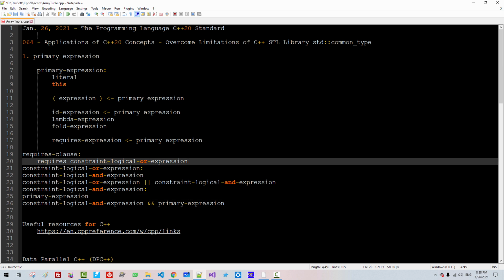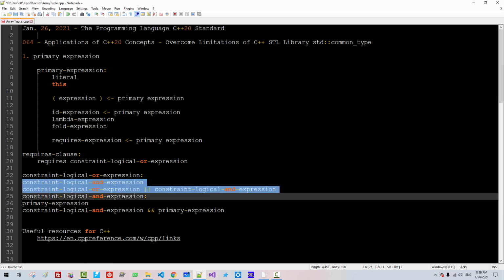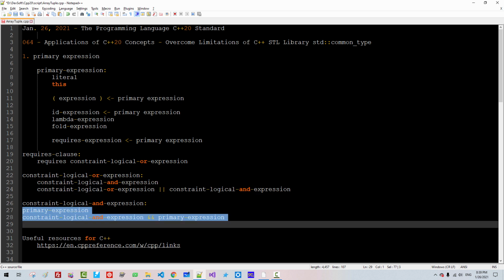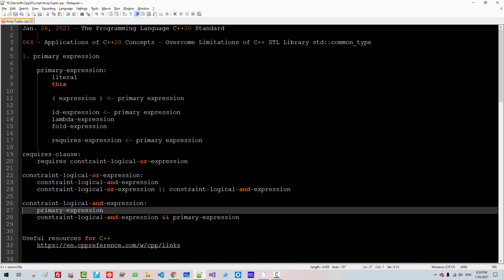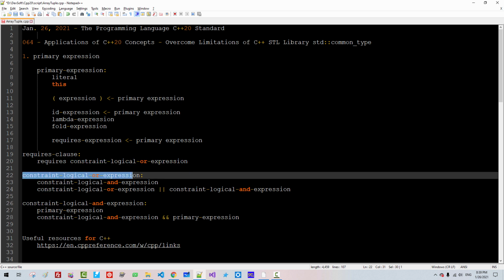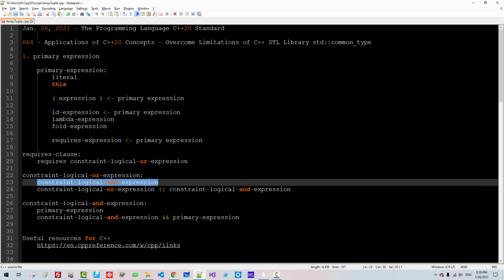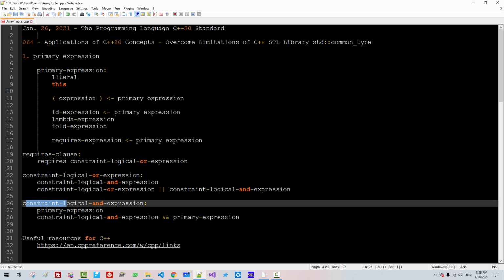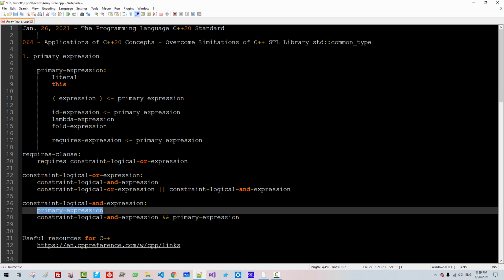I will indent this part, and indent, and indent. So constraint-logical-or-expression. A constraint-logical-or-expression is a constraint-logical-and-expression. A constraint-logical-and-expression is a primary expression.